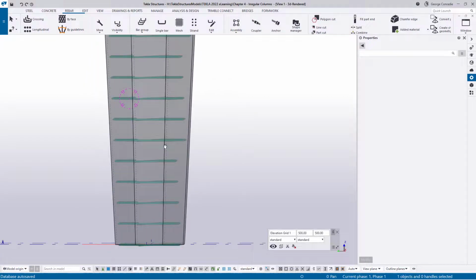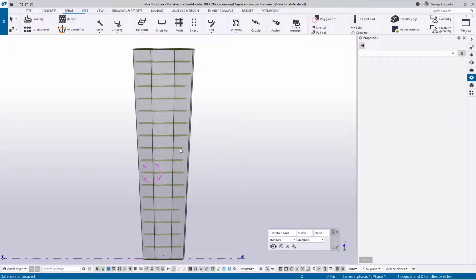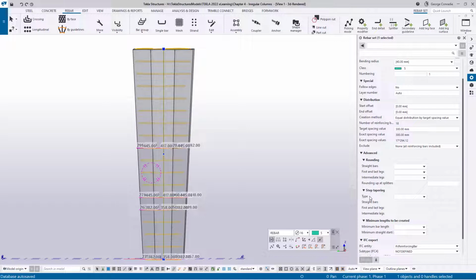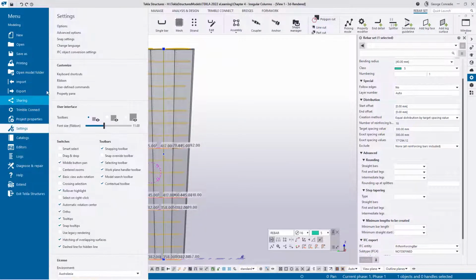The stepping problem is quite evident here. Now, what the stepping problem is concerned with is that if I click on that bar and I look at the property pane and at the step tapering here, we can see that there's nothing filled in, no values, which means it's getting a default step value from somewhere. And that place would be if we hover over to the file menu and under settings, options,